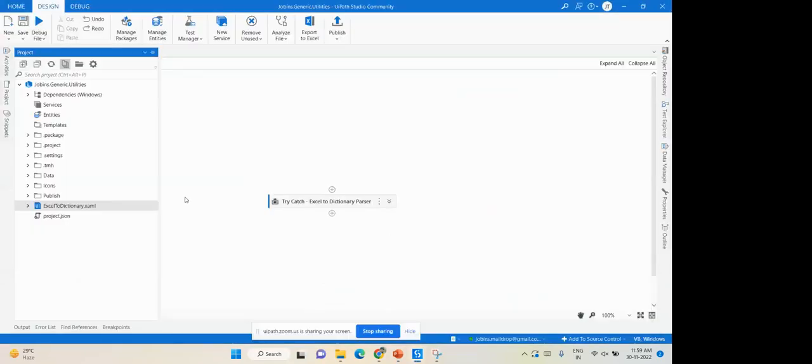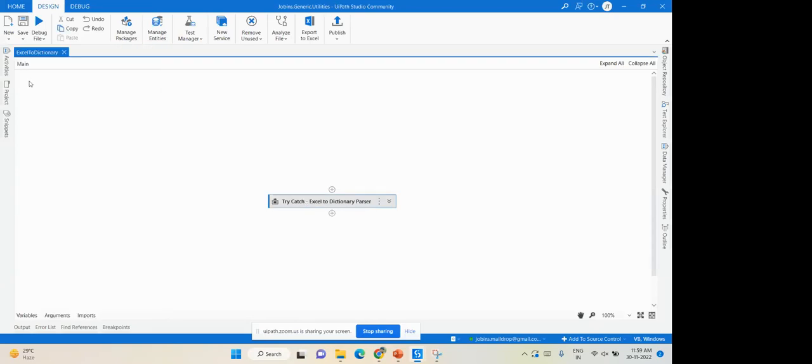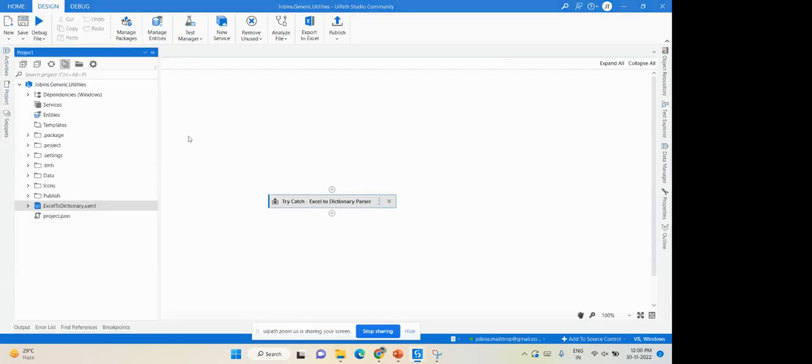So what this library is doing: when there is an Excel file with key pair values, it will take the values from the Excel sheet and handle all the exceptions. As an output, it will give us a dictionary. That's what we are doing here. My agenda is not to talk more about libraries. If required, we can have a separate session on that. I'm just going to touch on the areas